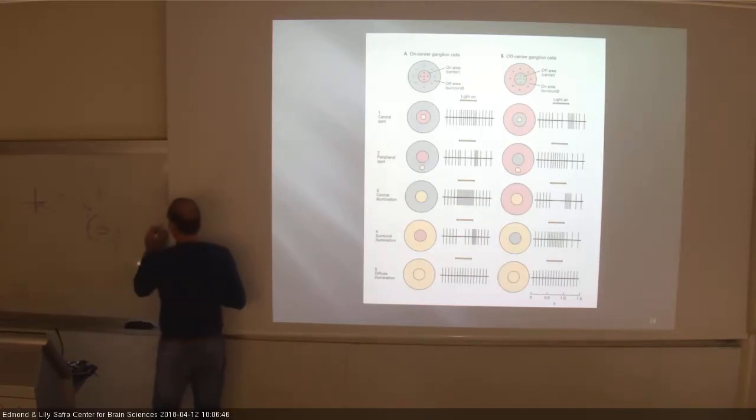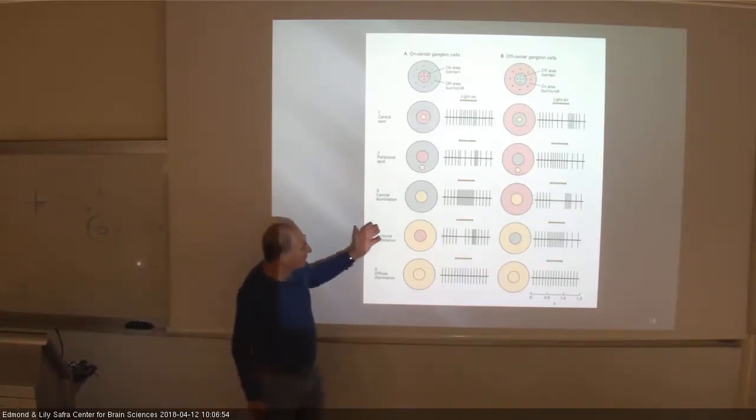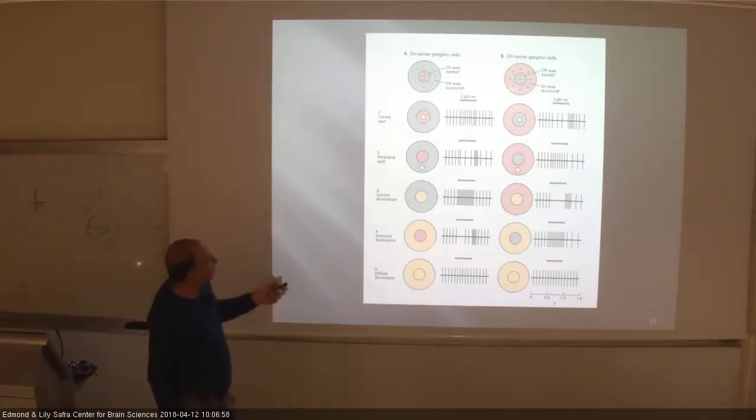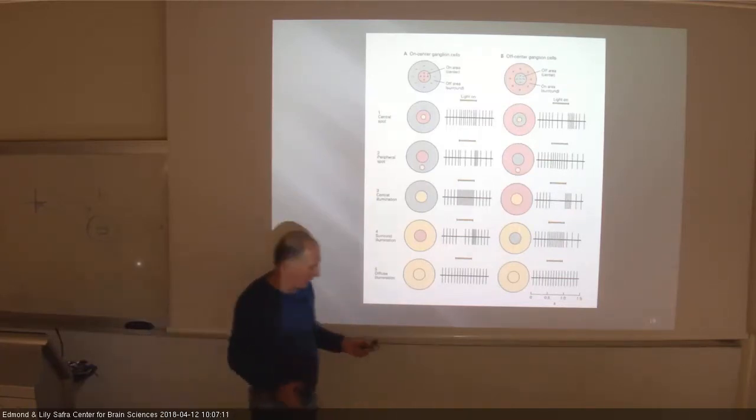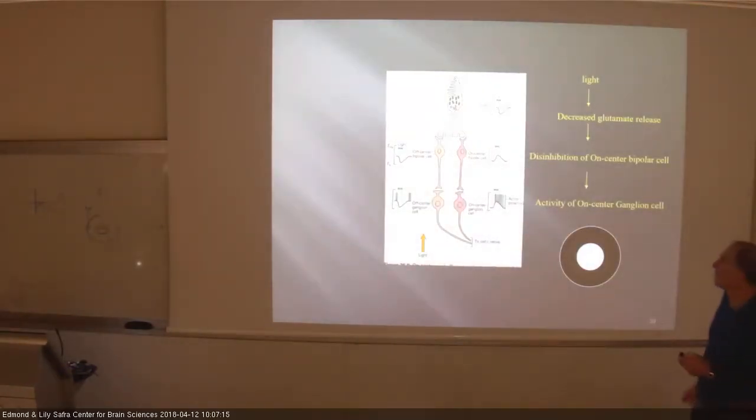Okay, so this would be the new receptive field, and it would still be responding to light at its center and dark in the periphery. And as basically shown here, this is just a schema for this. And of course, there's this other cell, which is the opposite, what's called the off-center ganglion cell, which prefers light at the periphery, at this annulus in the periphery, and that's basically shown here. I'm sure all of you have seen this, so I'm just jumping through this, but I want to mention something